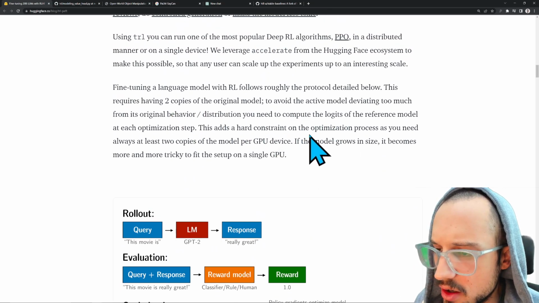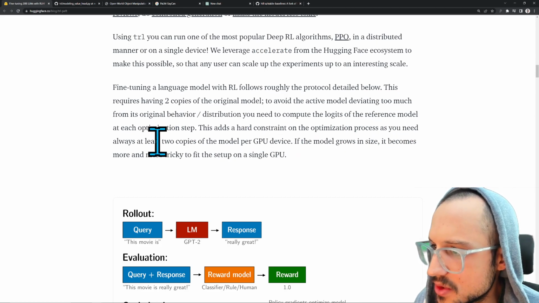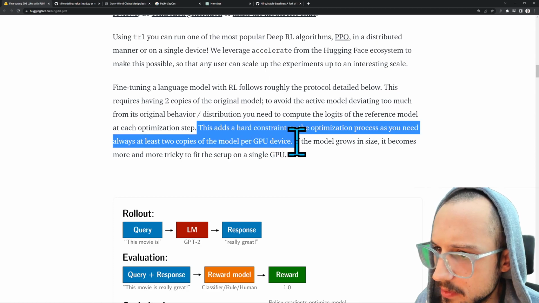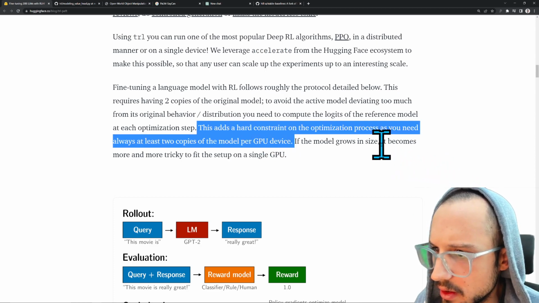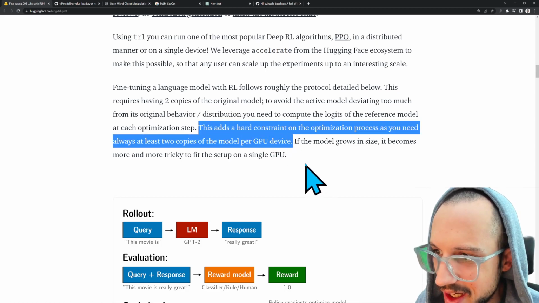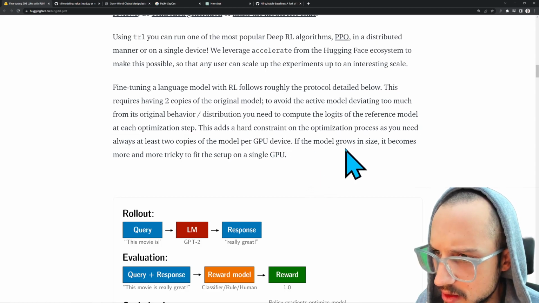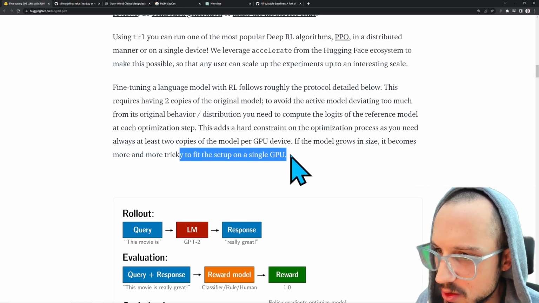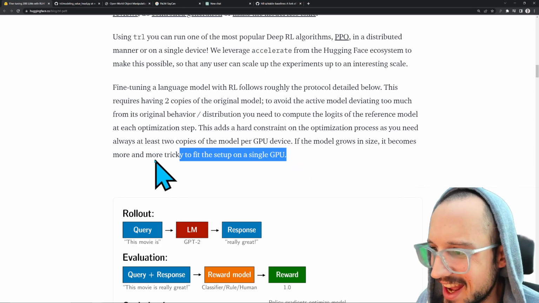This adds a hard constraint on the optimization process, as you always need at least 2 copies of the model per GPU device. Yeah, that's why people usually do distributed training with reinforcement learning. If the model grows in size, it becomes more and more tricky to fit the setup on a single GPU. Yeah, and if you have images,